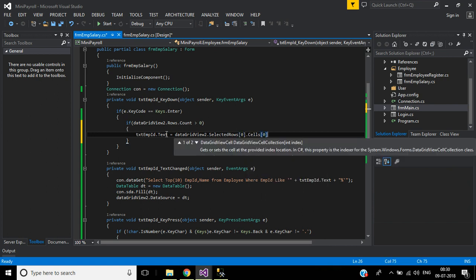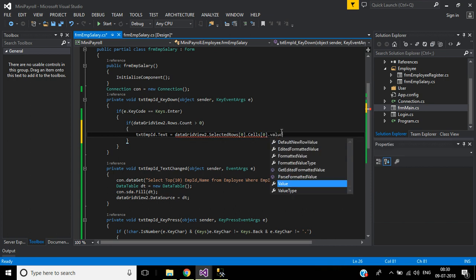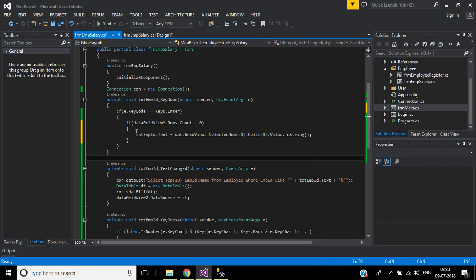Here employee ID index will be 0 because in the data grid view we are displaying only two columns, employee ID and the name. Okay, dot value dot toString. Okay, like that